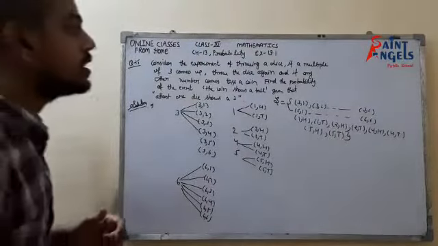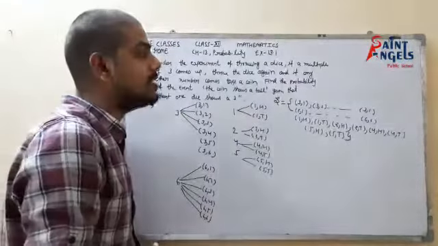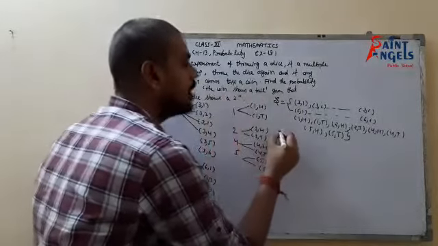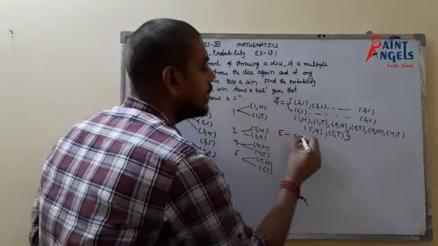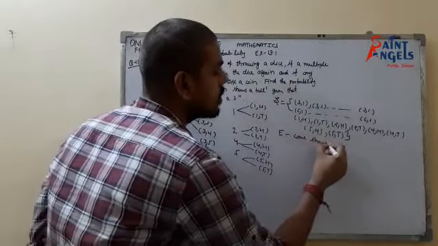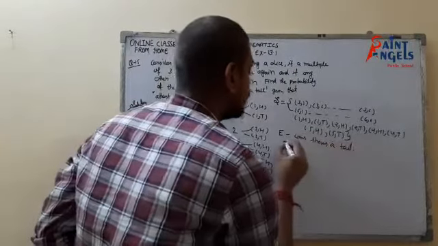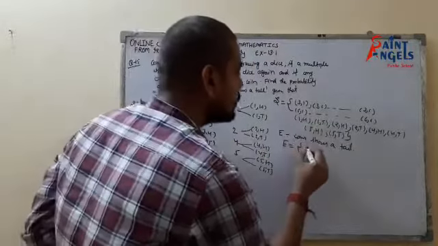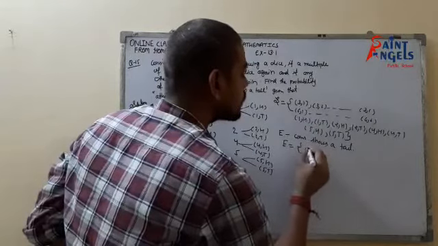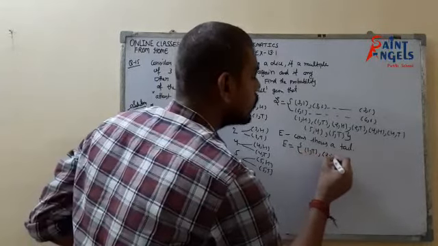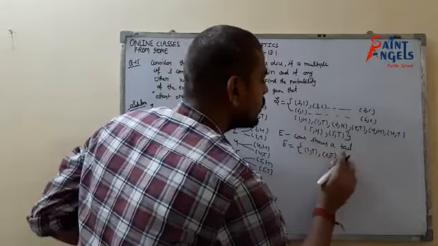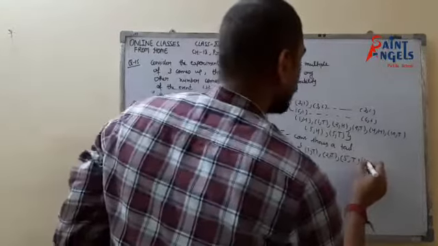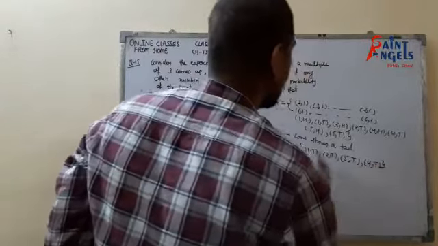Now, what are the events of which we have to find the conditional probability? We have to find the probability of the event E: the coin shows a tail. So the elements of event E would be tails: 1T, 2T, 4T, and 5T. These are the elements in which a tail comes.